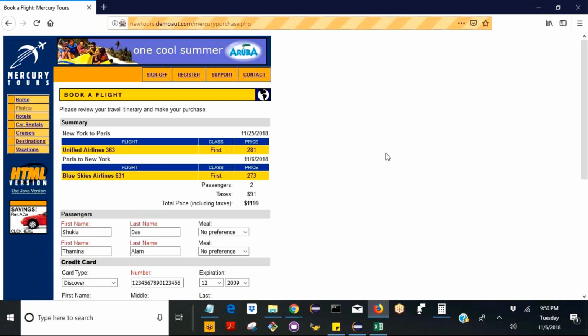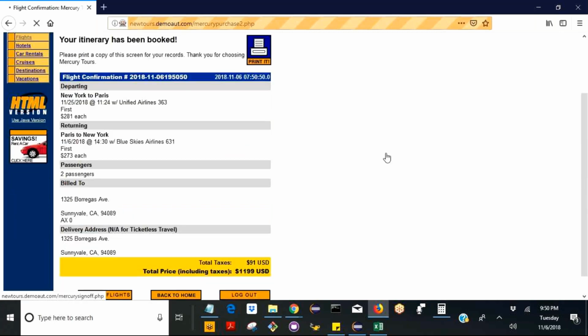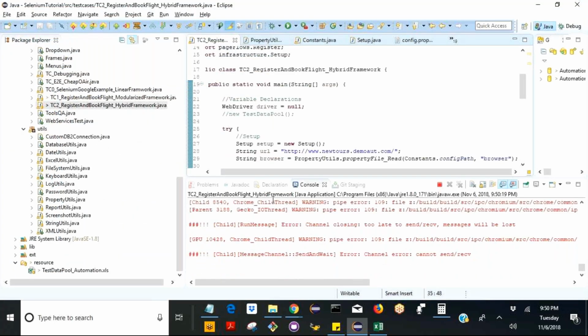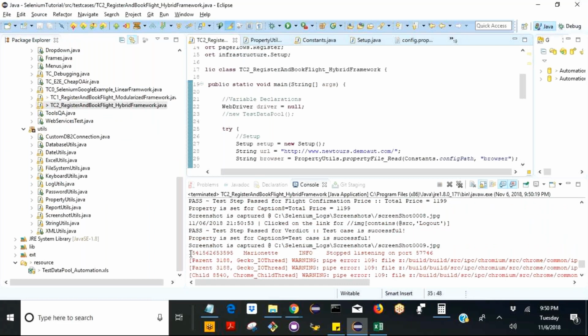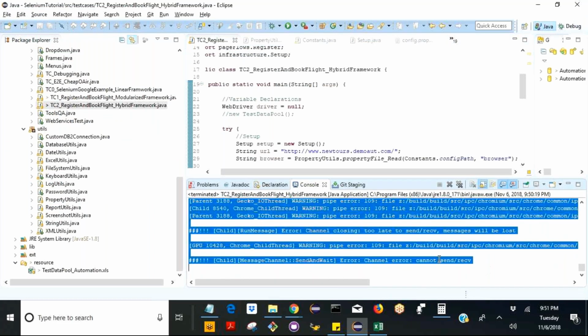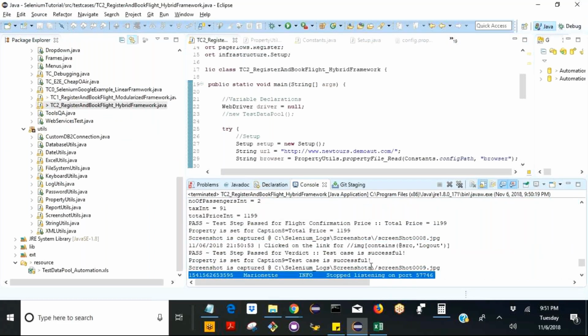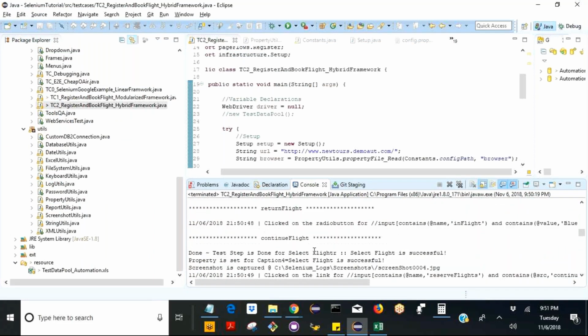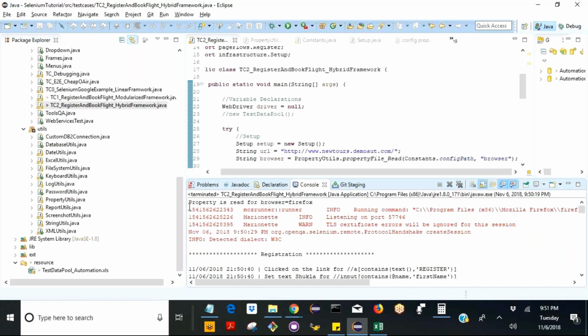So I'll ask you a question right now. What is the change we have done for the Firefox? Don't worry about these errors. These are some ignorable errors. So our test case passed till here successfully. That's it. So these are ignorable because of some configuration issue. So our test case starts and ends. So these are again ignorable. So same thing happened in the